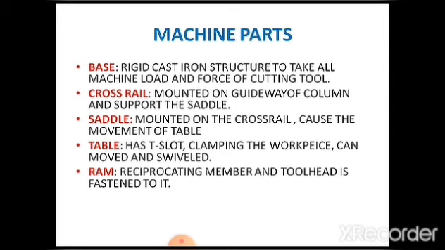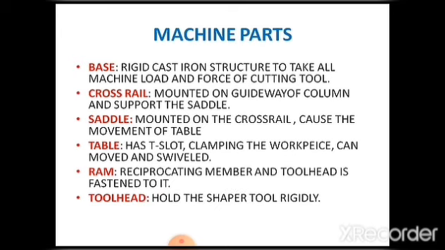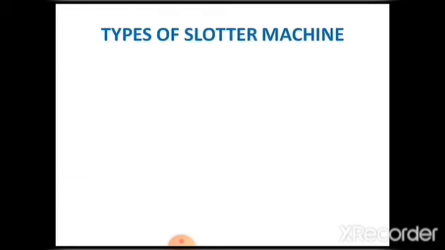नेक्स्ट है इसमें आपका रैम। रैम क्या है, इसका रेसिप्रोकेटिंग मेंबर है, यानी कि ये रेसिप्रोकेटिंग मोशन करता है। इस पे आपका टूल हेड लगा हुआ होता है, जिसकी हेल्प से रेसिप्रोकेटिंग मोशन करके वो कटिंग करता है। फिर नेक्स्ट इसमें आपका टूल हेड। टूल हेड में आपका टूल इसके अंदर लगा हुआ होता है।